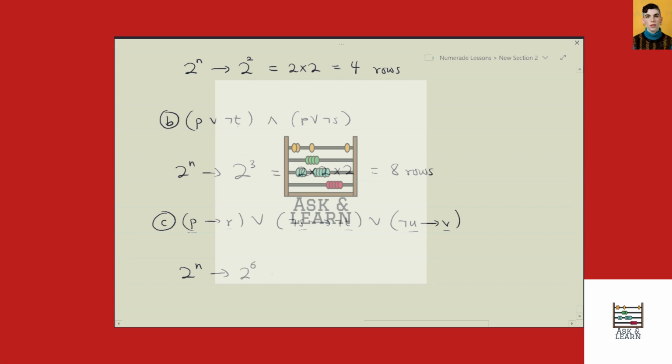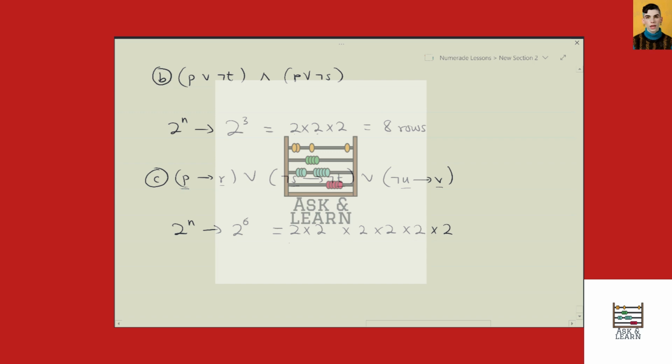So we have 2 to the power 6, and that is 2 times 2 times 2 times 2 times 2 times 2. Okay, so we take them 3 after the other, so that is 8. That is 8. So we end up having 64 rows for this one. Okay,